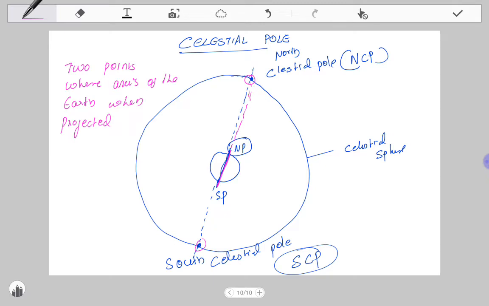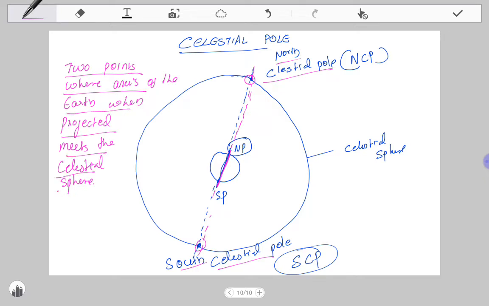It is meeting here. One of them will be the north celestial pole, another will be the south celestial pole. So the definition of celestial pole is: two points where the axis of the Earth, when projected, meets the celestial sphere. Okay, so the next topic we are going to discuss is